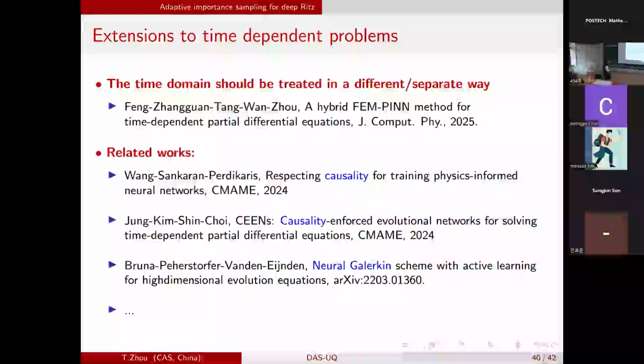Also, there is the neural Galerkin algorithm, which is based on neural network functions to develop the dynamics for the neural network parameters. This is a very good idea, but not a computational framework. But all these works are without adaptivity. We always emphasize adaptivity in the physical domain. They just consider some treatment for the time domain.